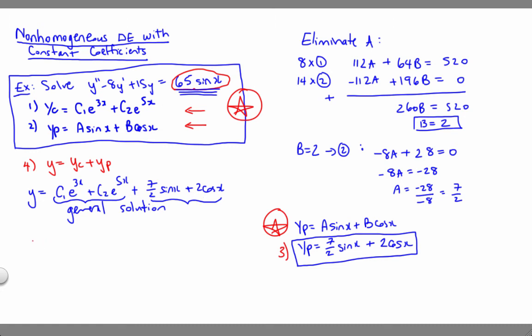So I mentioned we were doing a 5-step procedure. The 5th step is to deal with any initial conditions that might be given. Initial conditions are always dealt with at the end of the problem after we've written down the general solution. Now, fortunately for us, there were no initial conditions in this problem, so we don't have to worry about that. So that is our